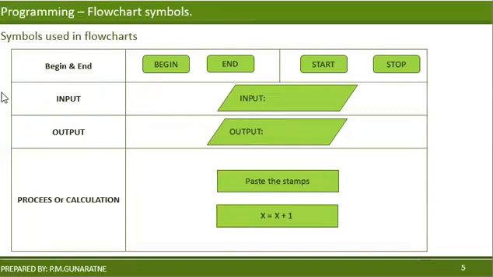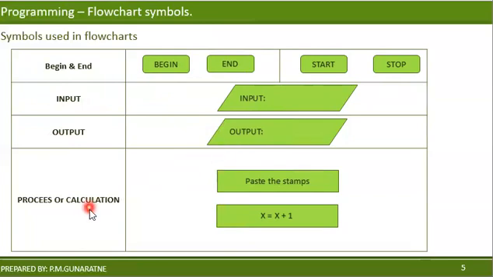Okay, then if we come to inputs, inputs will be represented using a parallelogram like this, right? Then you have to write the input keyword, input. Then here we write what is to be input to the system. Let's say you are going to enter your name. So we can write input, enter your name. Likewise the output: we can use the same symbol for both input and output. The difference is when it is an input, you have to write the input keyword. When it is an output, you have to use the output keyword, right?